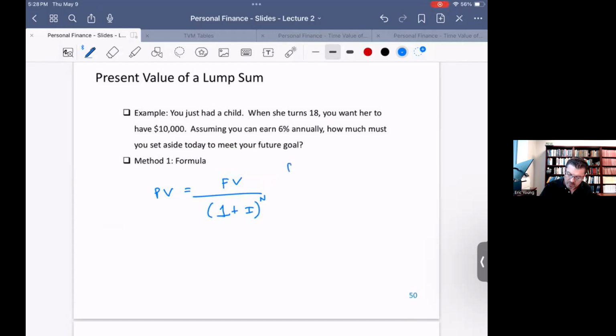So in this case, the present value would be equal to the future value, that's $10,000 divided by 1 plus 0.06 to the 18, equals 10,000 divided by 1.06 to the 18, equals 10,000 divided by 2.8543